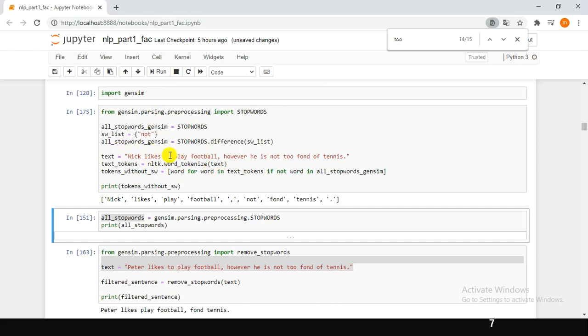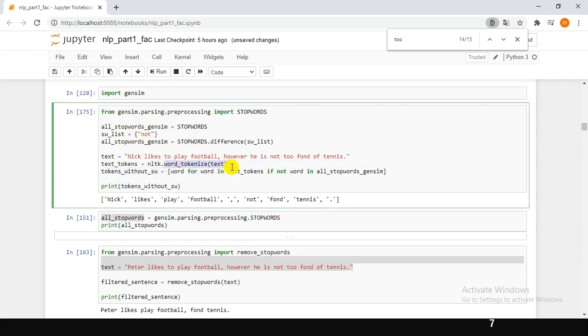In the case of the Gensim package, here I used word tokenize. As we discussed in the previous video, we extract words from the given sentence using word tokenize. The extracted words from this sentence are stored in a variable called text_tokens using a list comprehension.